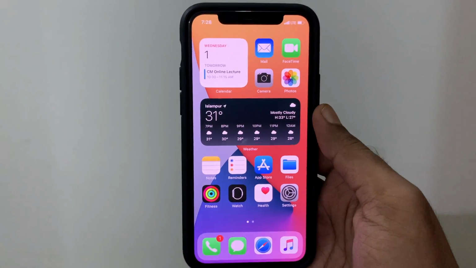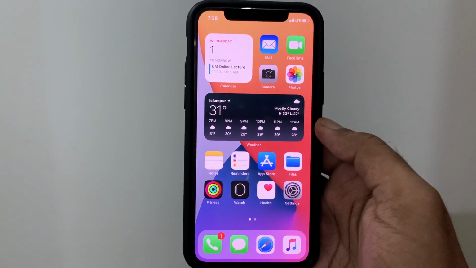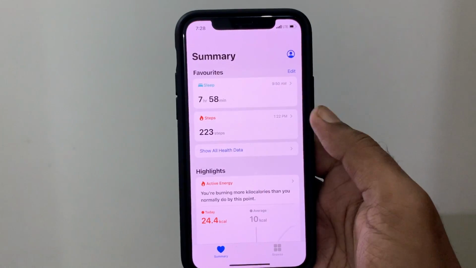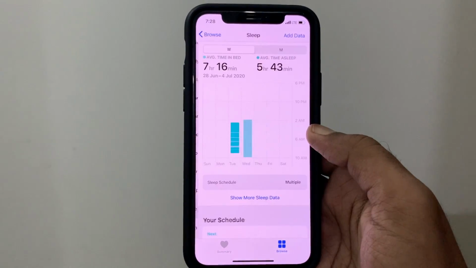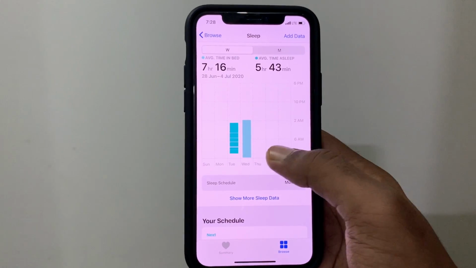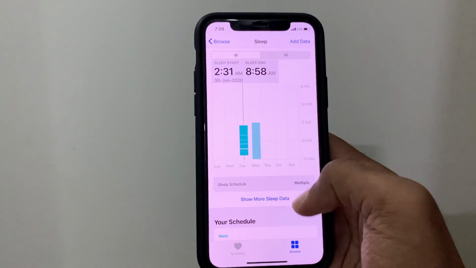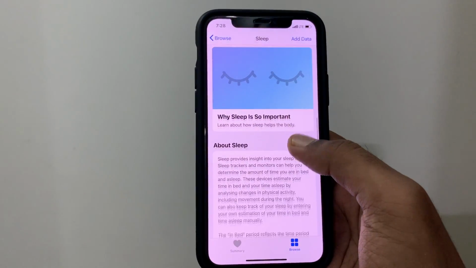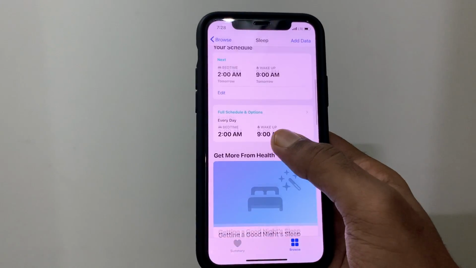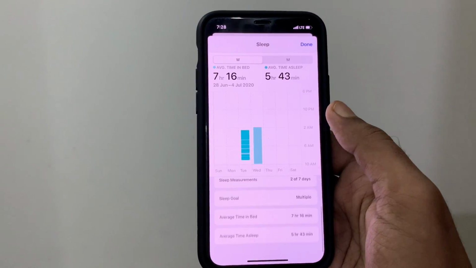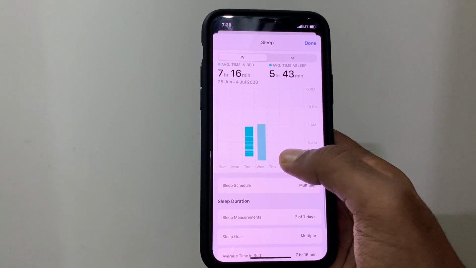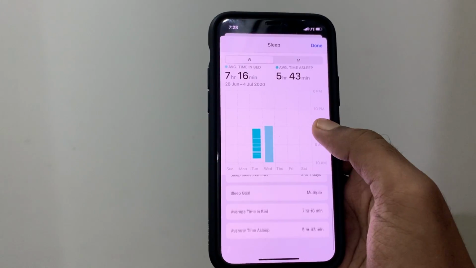So there's a new sleep tracking feature inside the Health app. If you go inside the Health app, you will see sleep tracking. Now you can use your iPhone to track your sleep, and you can set this up. If you have an Apple Watch, there's a new sleep tracking feature in watchOS 7 also. You can use this from your phone too, but if you have an Apple Watch, it will track your heart rate and everything. You can set this up manually or automatically, and it will notify you every day to set your sleep timing.